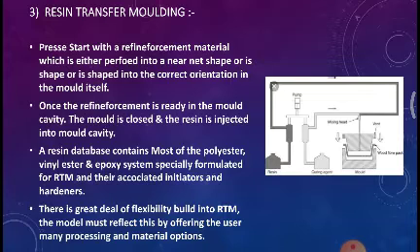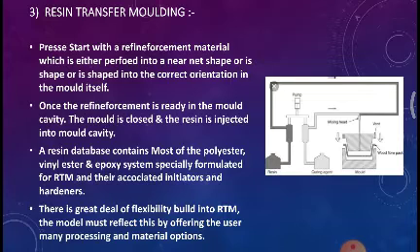The process starts with a reinforcement material which is either preformed into a near net shape or is shaped into the correct orientation in the mold itself. Once the reinforcement is ready in the mold cavity, the mold is closed and the resin is injected into the mold cavity. A resin database contains most of the polyester, vinyl ester and epoxy systems specially formulated for RTM and their